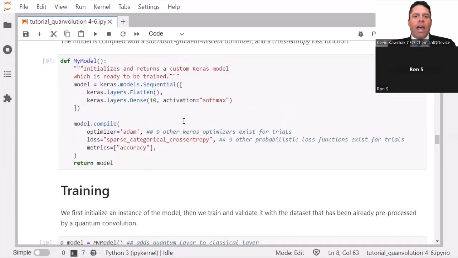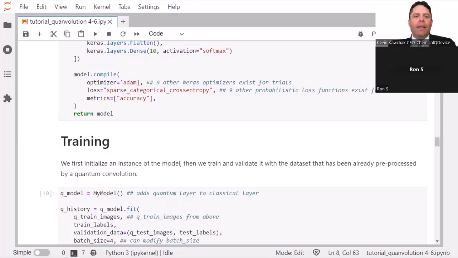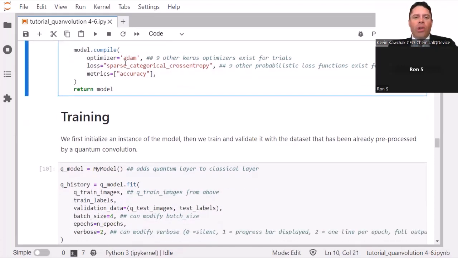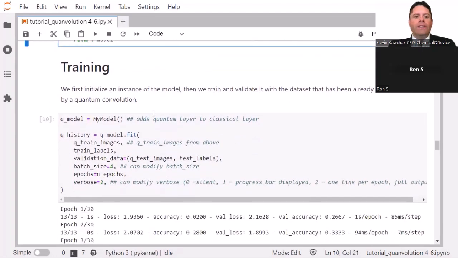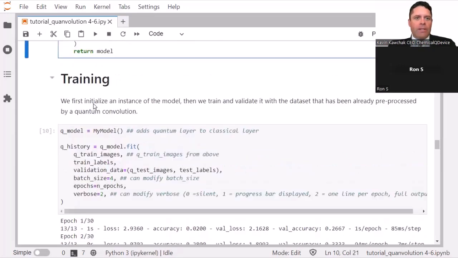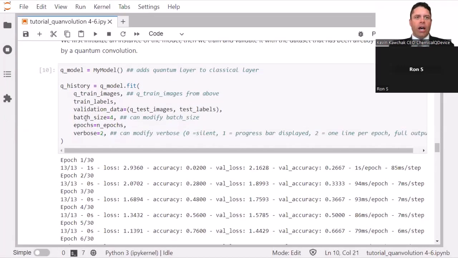So this is run. And this is the Keras, so keras.layers.Dense kind of stuff. Now the optimizer can be adjusted. So you can do Adam and you could do 9 other ones. So they pick 10. And same thing with loss. So this loss function, you could pick 9 other loss functions for trials. So if you really want to get into the quantum stuff, you really have to study existing Keras notebooks, tutorials, these types of things. So here's this being trained, and this is the quantum model, which has the additional,